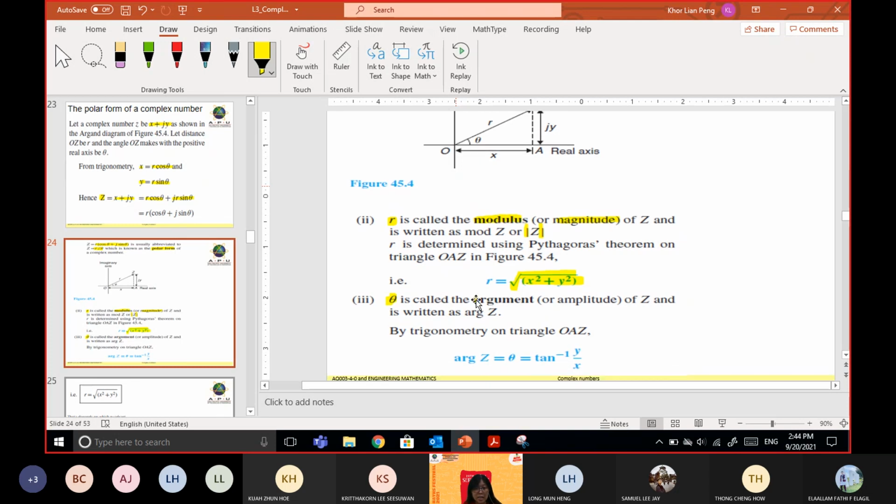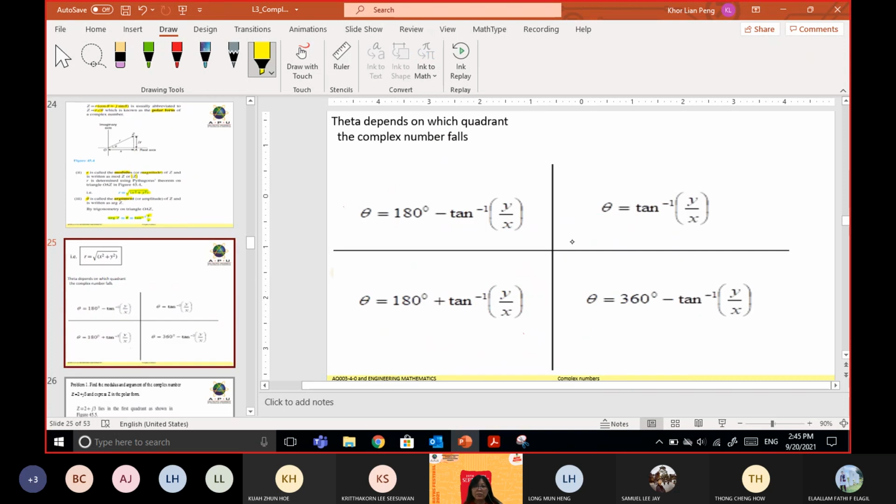Okay, and theta, we call it the argument. The argument of z, which is theta, we calculate as the arctangent of y over x. So as I told you, my practice is we just calculate the basic angle first. Then based on the signs of the x and y, the imaginary part and the real part, we determine which quadrant the complex number is in. Then we just calculate accordingly, so whether we need to subtract the basic angle or add the basic angle depends on which quadrant it is. Okay, so that's how we write it in the polar form.